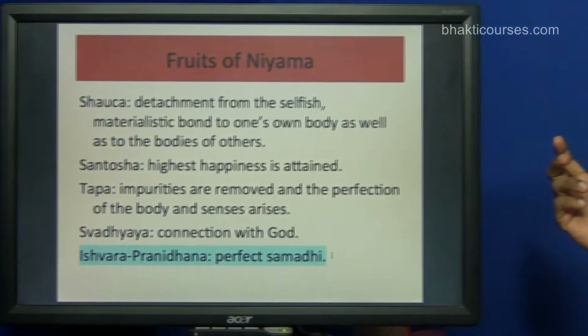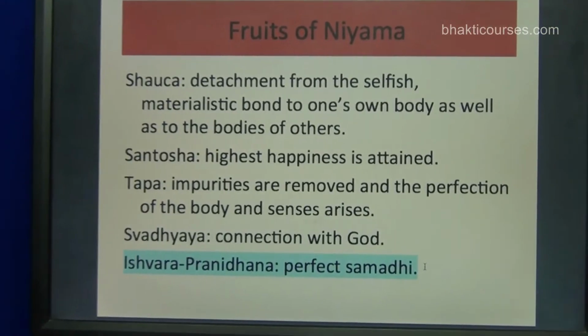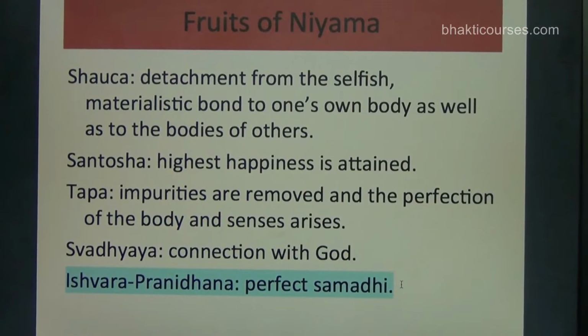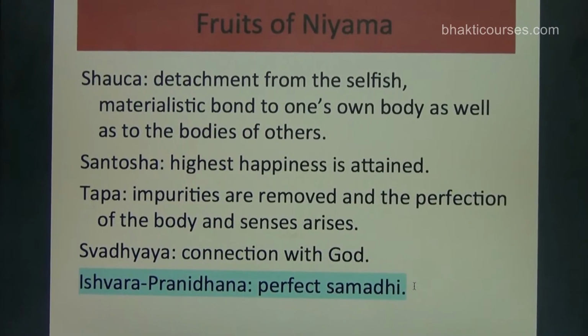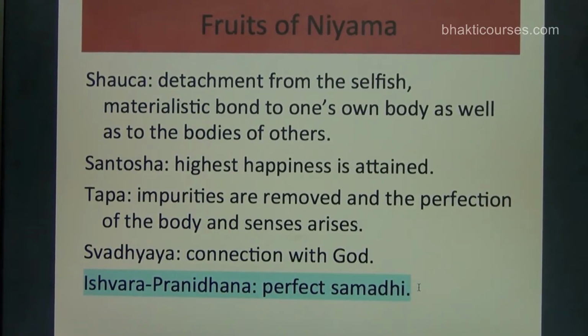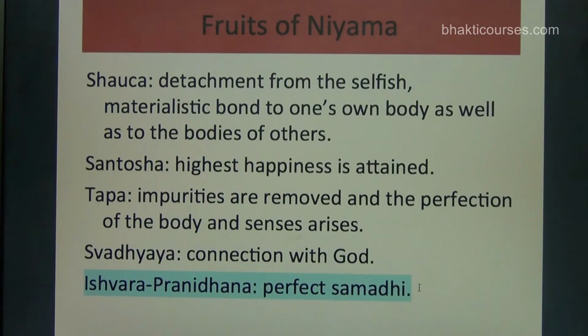There are rules for individual conduct, and there are rules for group conduct. So if we see here, niyama, generally the two ways of looking at yama and niyama are, yama is don'ts and niyama is do's. So niyama are all positive: shaucha, santosha, tapas, svadhyaya, ishwar pranidhan, what all we should do. Another way of looking at niyama is that they are rules for individual discipline. Cleanliness is something which I do individually. Contentment is what I have individually. These are what I do myself.